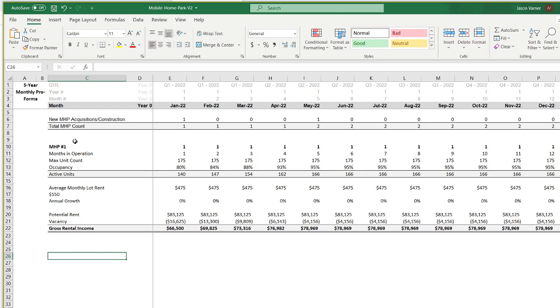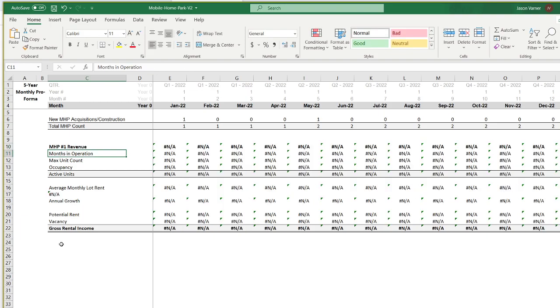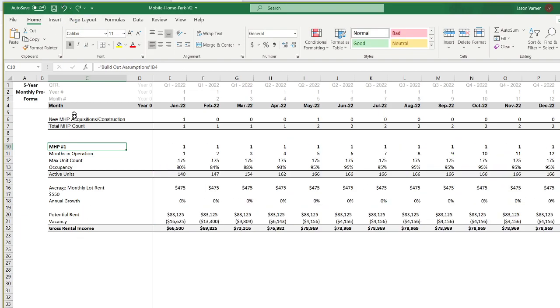So what we put here, this is mobile home park number 1 and revenue. Yeah, this will be a long stream today. It's going to take a while. Okay, never mind. We can't do that. Okay, so that's fine. Number 1, we have